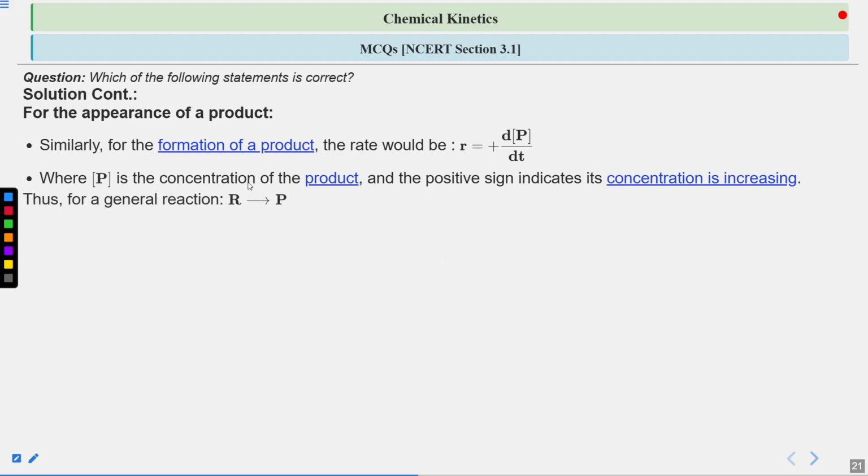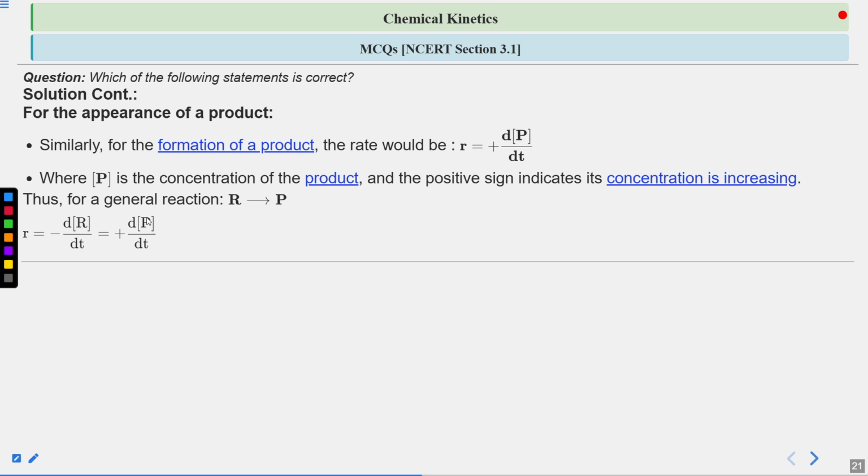Thus, for a general reaction, reactant converting to product, the rate R is given by minus dR by dt, or it is also equal to positive dP by dt. That is, you can define the rate in both forms: either by the decrease in the concentration of the reactant with time, or by the increase in the concentration of the product with time. Okay,